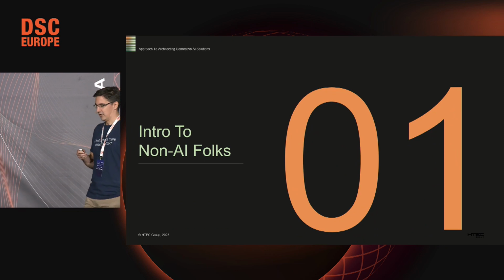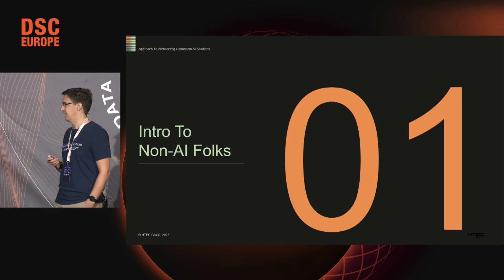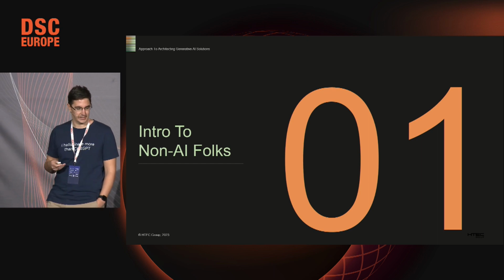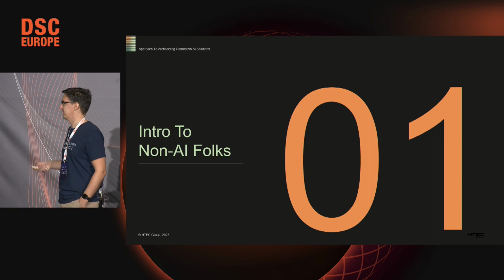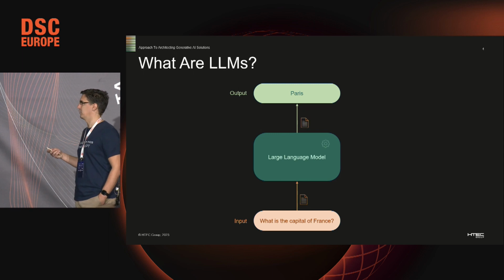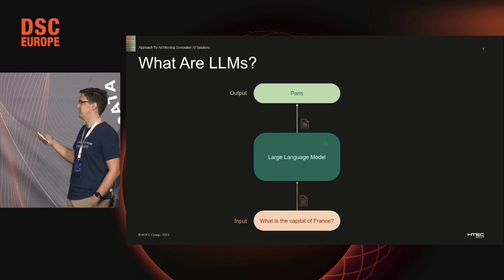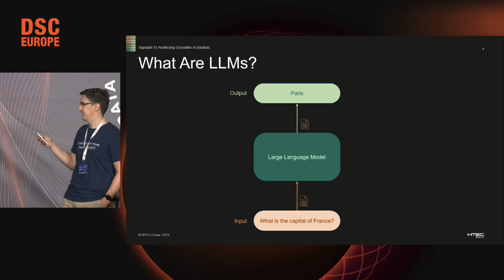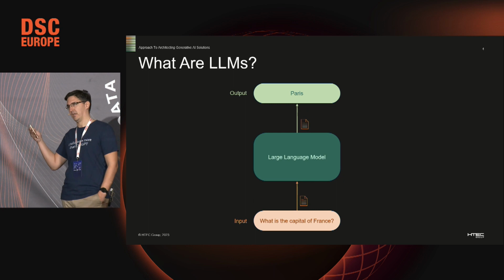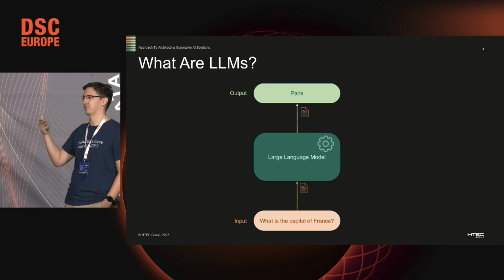So as I mentioned, I hope that there is someone in the audience who doesn't know what Gen AI is, and I will try to provide you insight into what these systems are and how we can use them in our work. So the question is, what are LLMs? LLM stands for large language models, and basically in machine learning, you have input, you have model, you have output. The idea is to transform the data into some numerical form to be processed by these models, which are basically, in a sense, mathematical operations. And then the numerical result is transformed again into